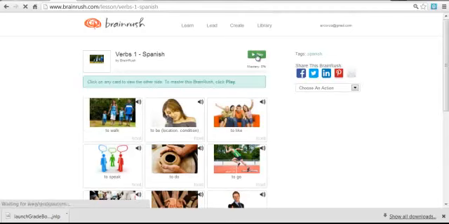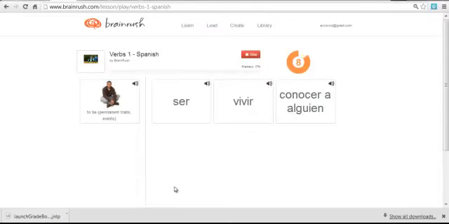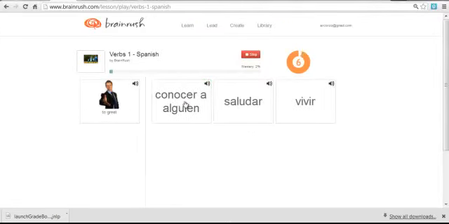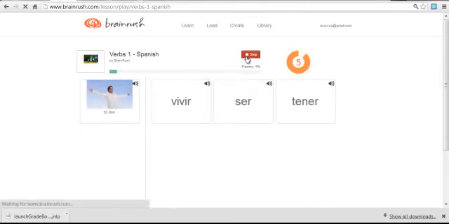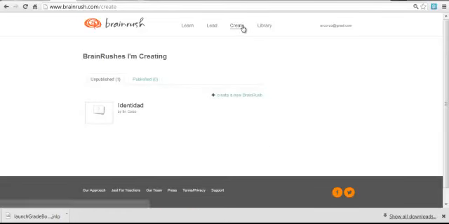You can just click on play to get a feel for this. And it tells you what it's looking for. To be. Okay, and we'll just click. Ser. To greet. Saludar. To live. So that's just an example, but in order to create some activities, you just click on create,